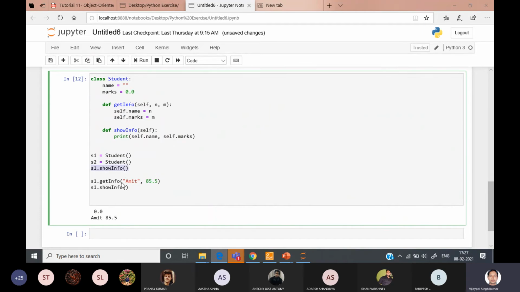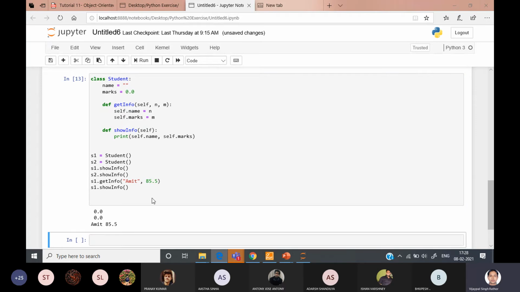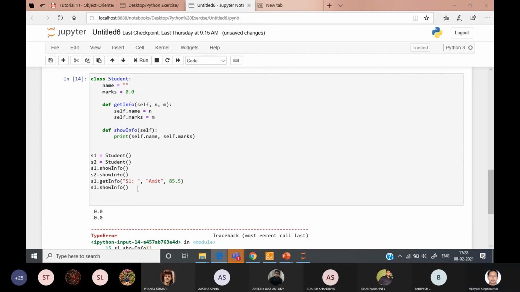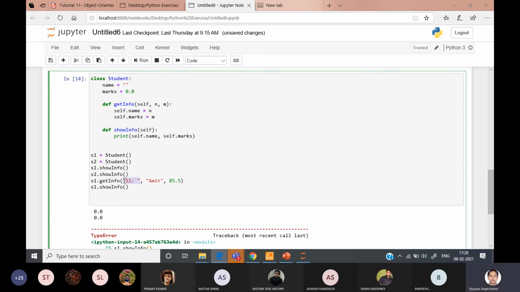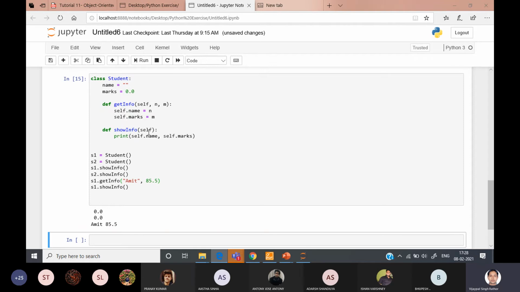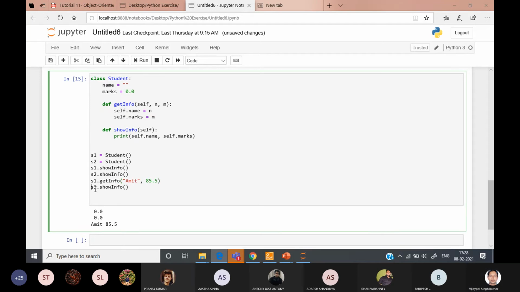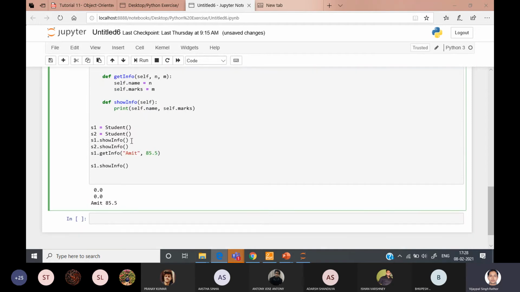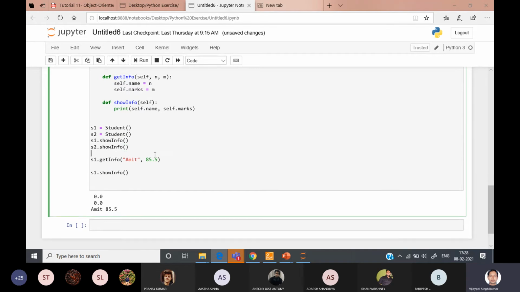So S1 dot show information, S2 dot show information, you can see that will show blank. देखो S1 का चेंज कर दिया तो यहाँ पे दिख रहा है। S1 है ना, ये S1 का, जस्ट अ मिनट, एक आर्गुमेंट पास कर दिया ना। ठीक है ना, शो इन्फॉर्मेशन में मैं दिखा रहा हूँ S1 का शो हो रहा है। इज इट ओके? ओके, सिमिलरली यू कैन शो फॉर द S2 का चेंज कर सकते हो, S2 का दिखा सकते हो। ओके, सो आई एम परफॉर्मिंग हियर S1, instead of S1 we are writing S2.